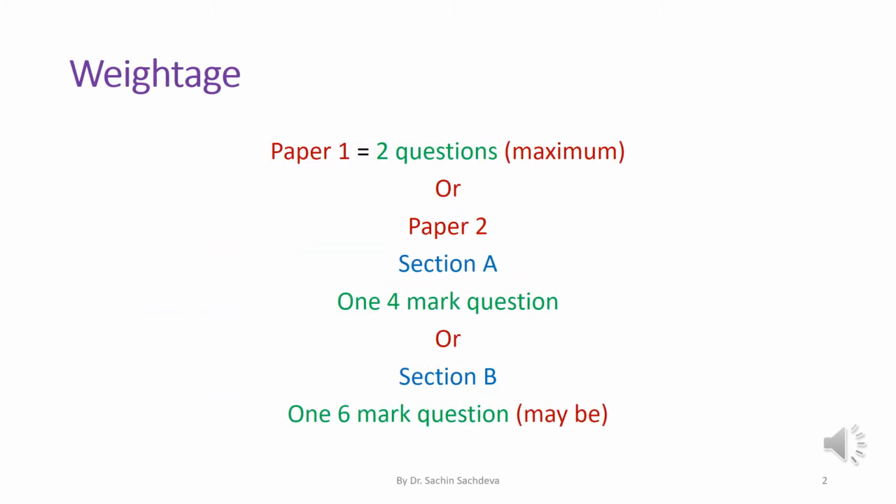Guys, you will get questions based on this topic possibly in both paper 1 and 2. Not necessarily. It is not compulsory that the question is going to come from this topic in the paper. But if it is going to come in paper 1, there are somewhere around 1 to 2 questions which are asked in the MCQ paper. And in paper 2, in section A, sometimes there is a possibility that one 4-mark question may be asked covering this aspect.